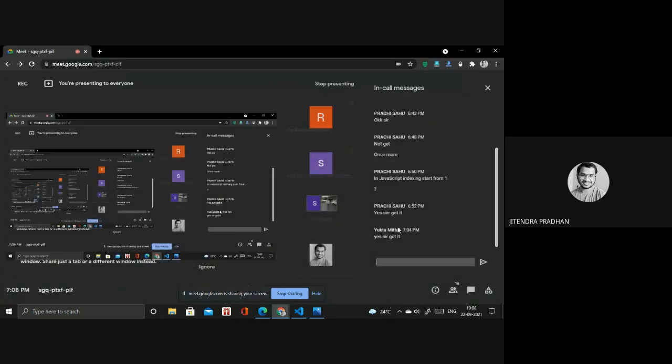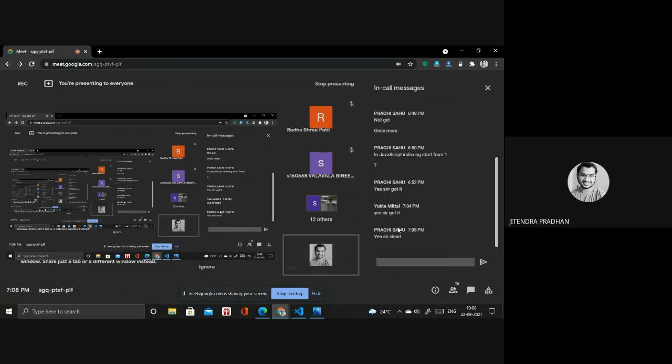Tomorrow, we are discussing the boolean type. Boolean type means true value and false value, and what is a true value and what is a false value inside that boolean type. And we have discussed undefined and not defined. We have to discuss the difference between undefined and not defined tomorrow.